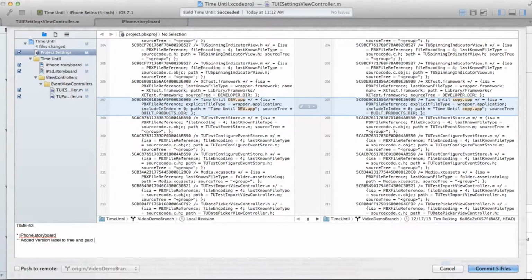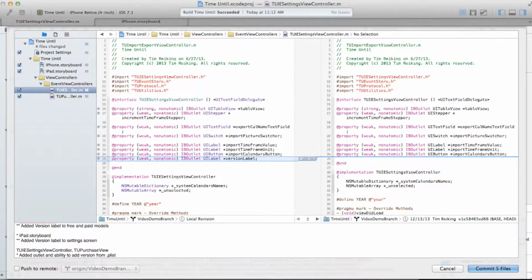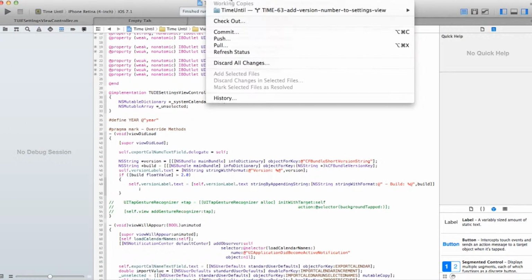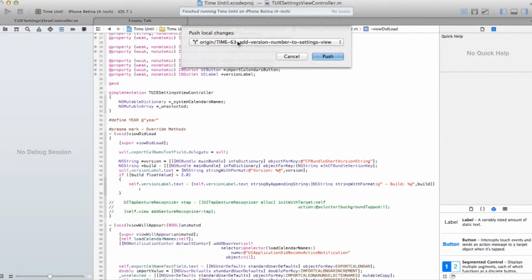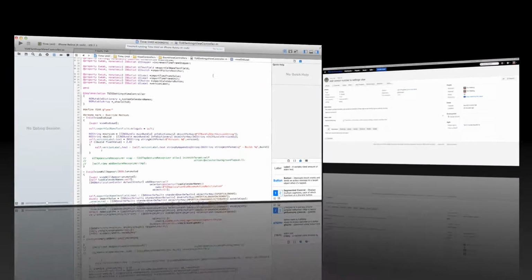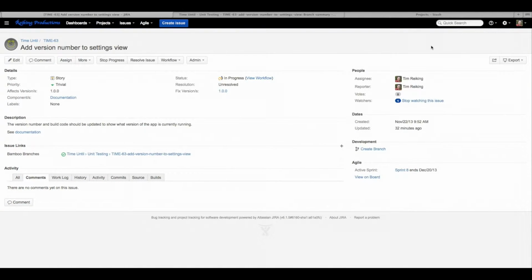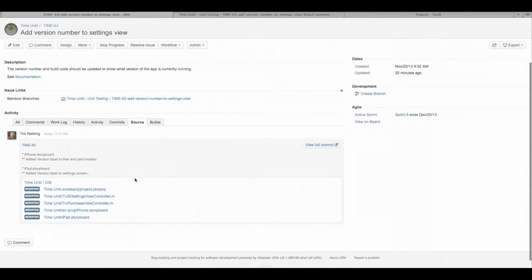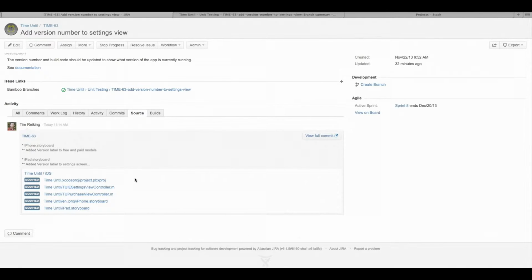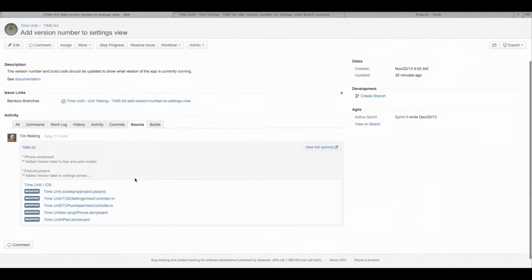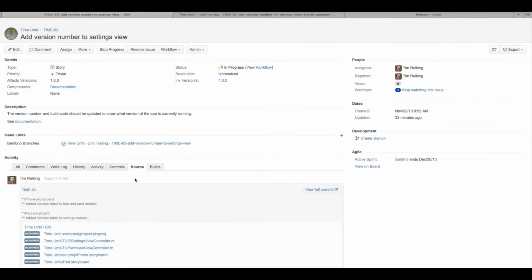Add in my JIRA ticket, add a comment telling what's been done. Now let's push it out to the main repository. Looking at my JIRA ticket, I can see that my commits are already linked to this issue. If we go out to Bamboo, we can see that my Bamboo branch is already picked up on my code